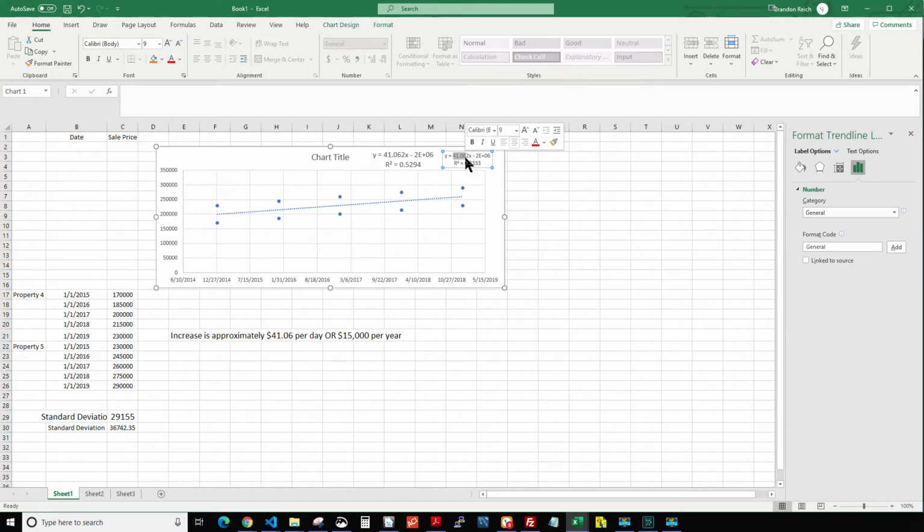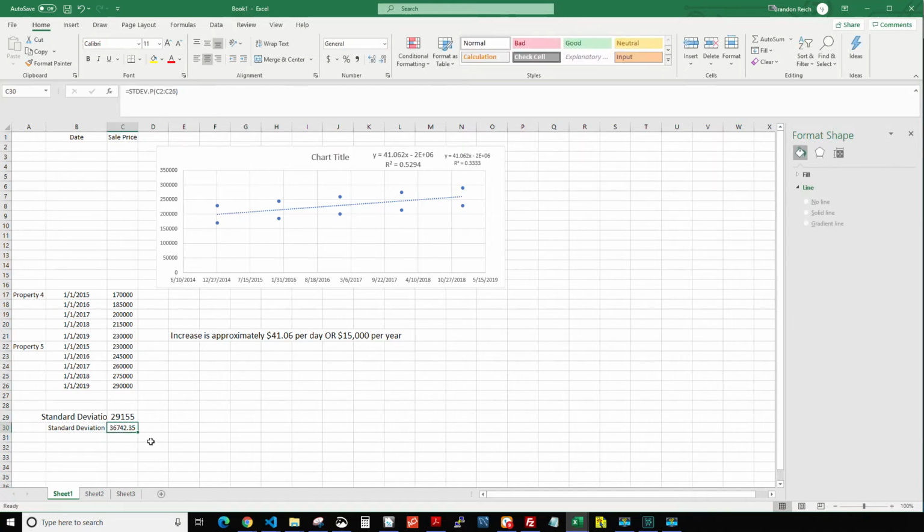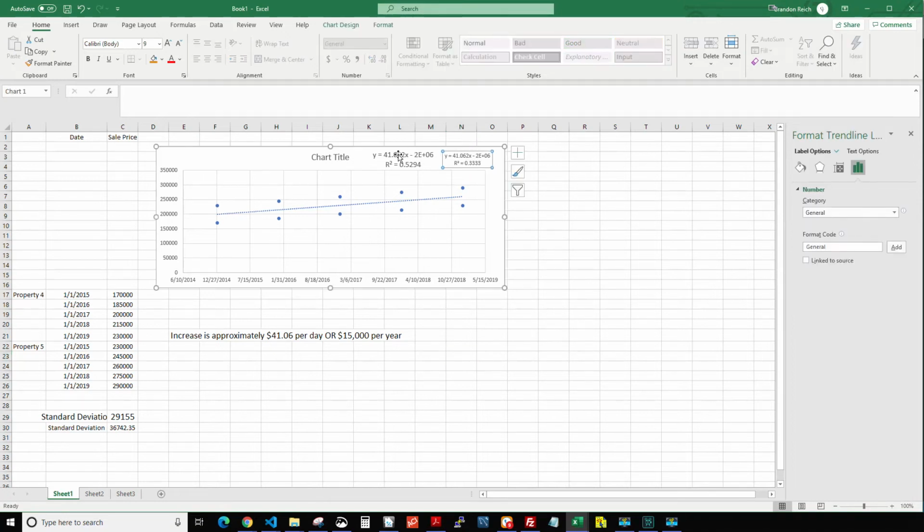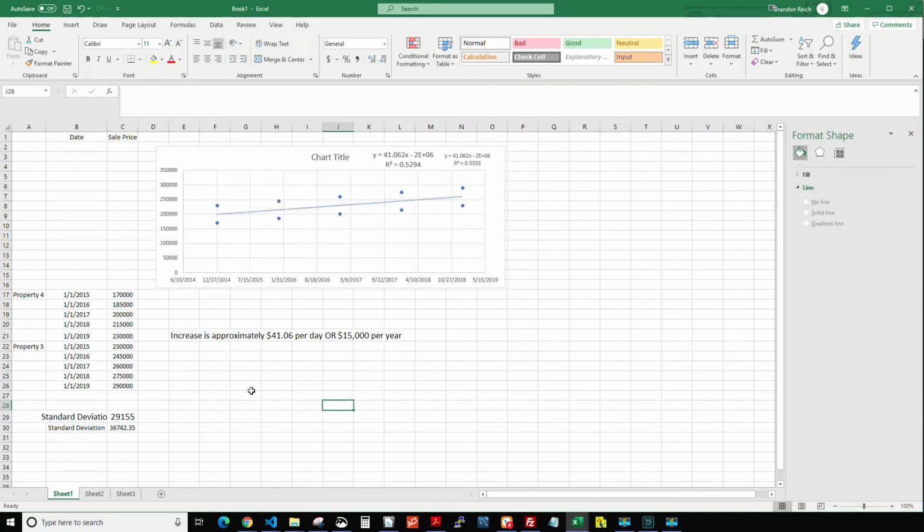It knows that things are going up at $15,000 per year, despite the R squared being worse and the standard deviation being worse. Again, higher standard deviation, not as good. Lower R squared, not as good. My whole point here is that it's not making a difference. Like, this result is just as reliable as this result, despite that. And then, so one last thing I want to mention on that is just imagine this scenario,